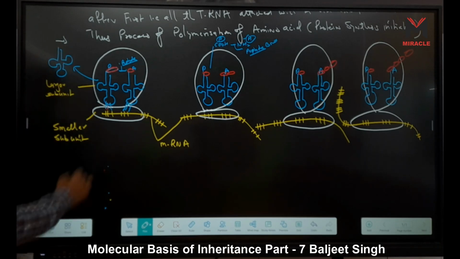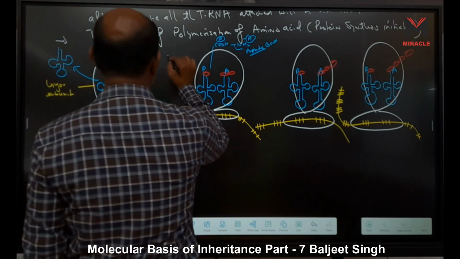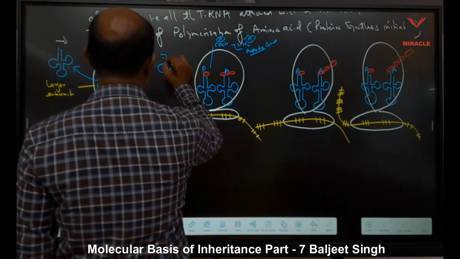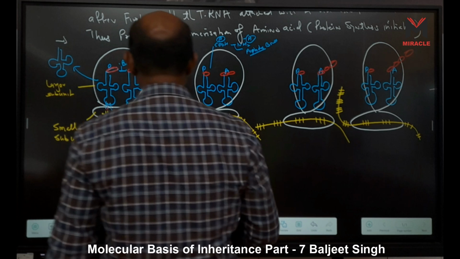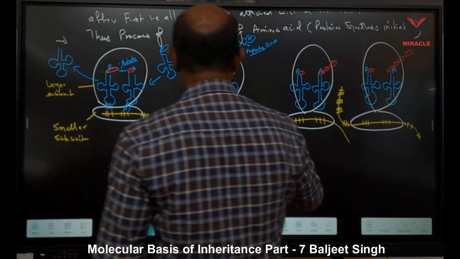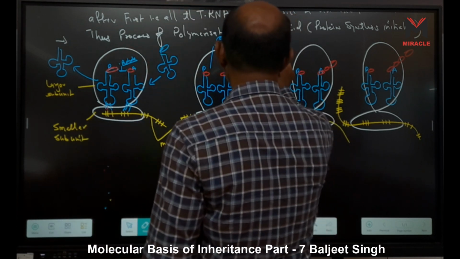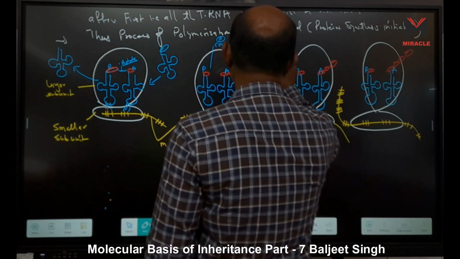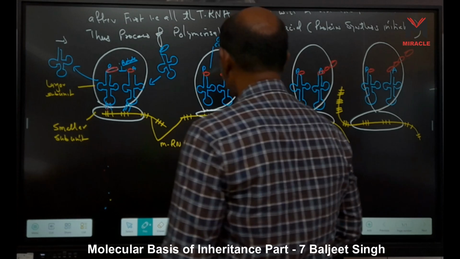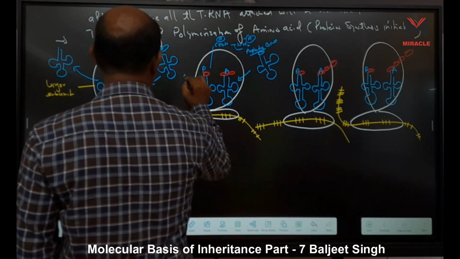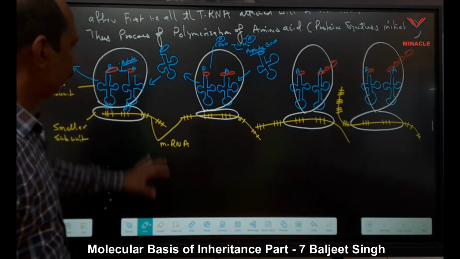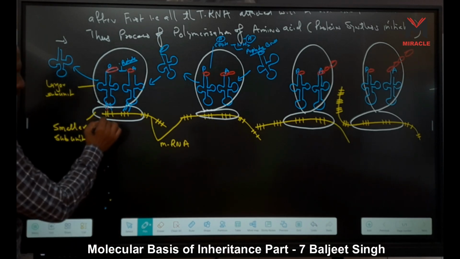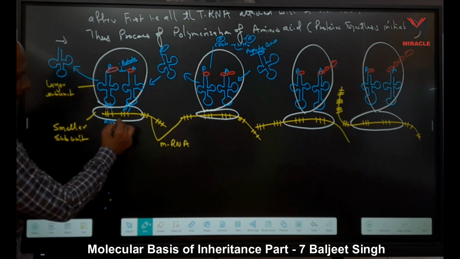Then a new tRNA with an amino acid comes to that side, and the empty one moves outside. Simply this process happens. Now this messenger RNA, suppose the first codon is A, U, G, the second one is C,